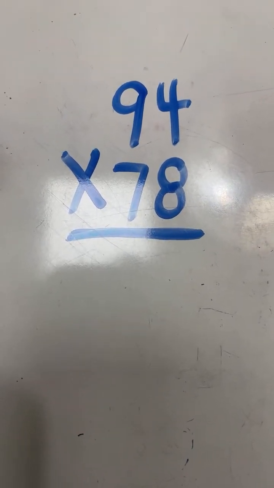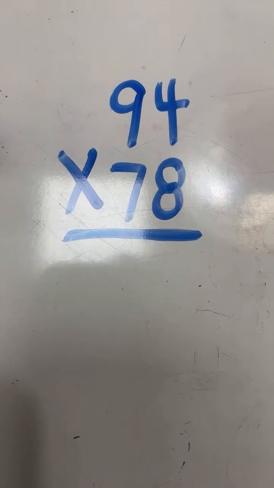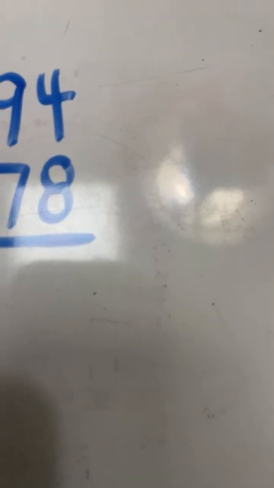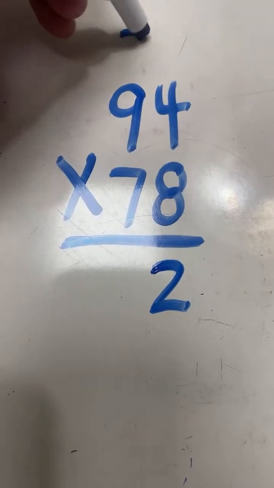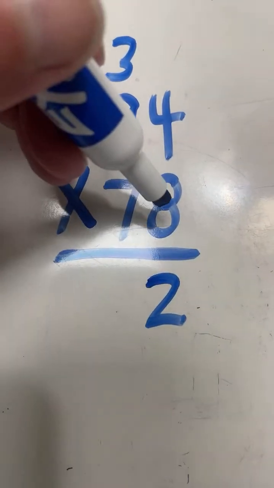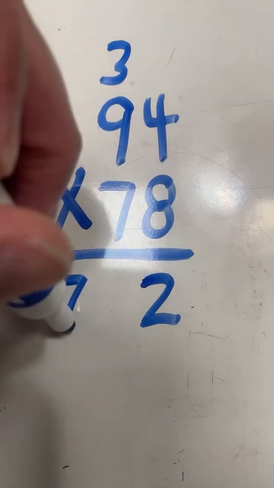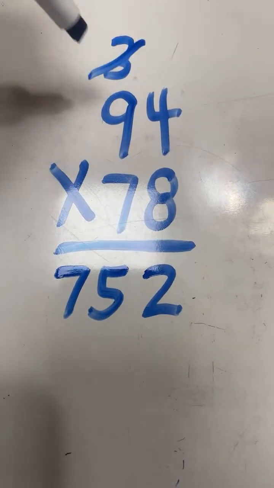All right, we start in the ones place. Our next problem is 94 times 78. So starting in the ones place, 4 times 8 equals 32. 2, carry the 3. 9 times 8 equals 72, plus 3 equals 75. Next,